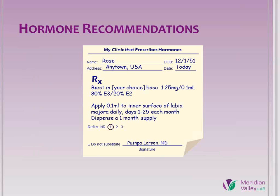So this is what I would recommend for Rose. 1.25 milligrams of Biest in an 80% 20% ratio. And we've asked the compounding pharmacist to concentrate the hormone so that she gets the full dose in a very small volume of cream,